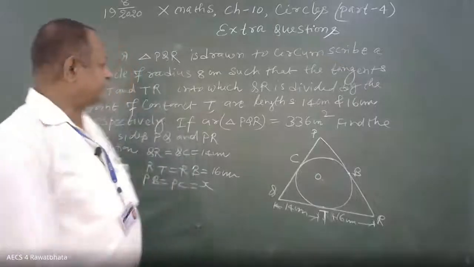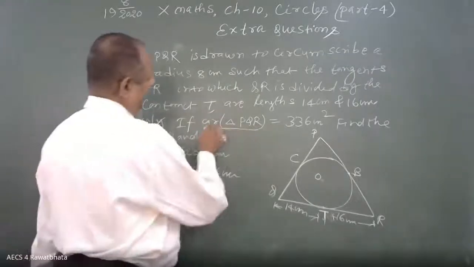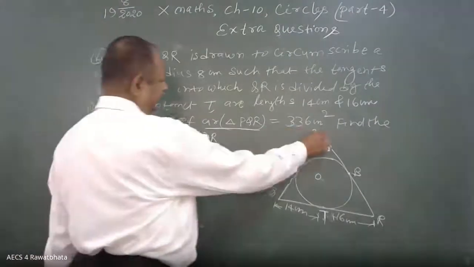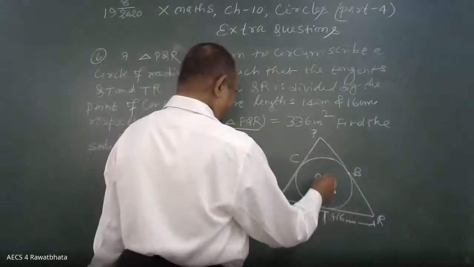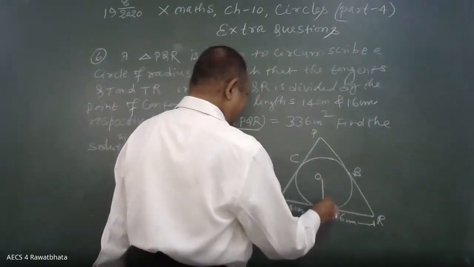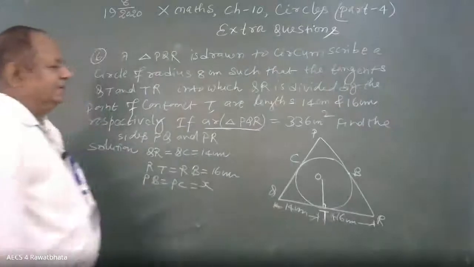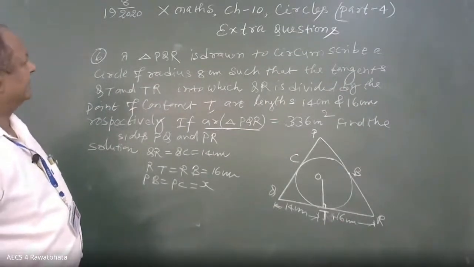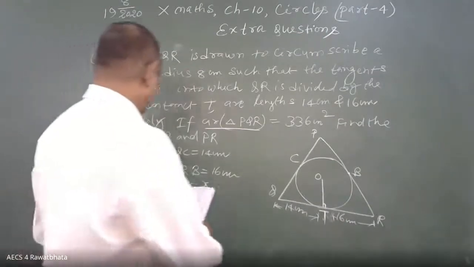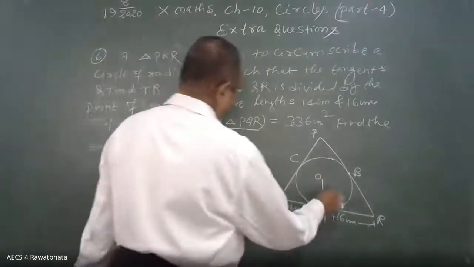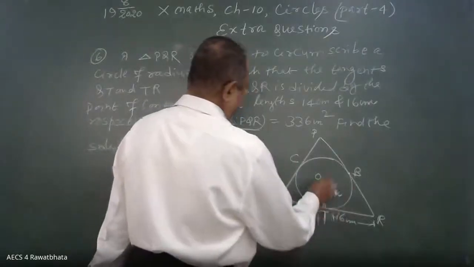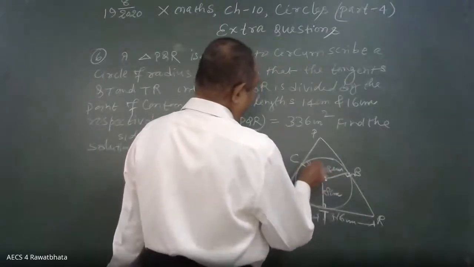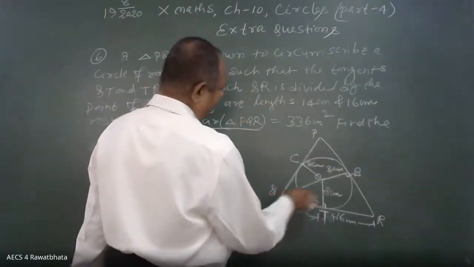Now the area of this triangle is given. So how can we find the area of this triangle PQR? This is the radius. The radius is always perpendicular to the tangent. So the radius is 8 centimeter, as given in the figure. This is also radius 8 centimeter. This is also radius 8 centimeter. If we join this and this,